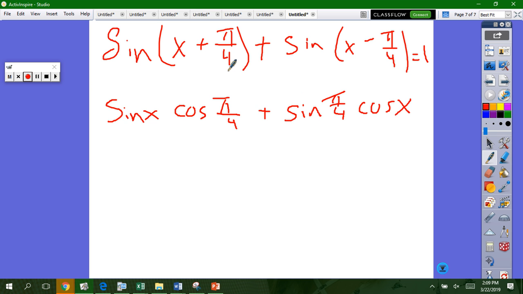That right there, ladies and gentlemen, is just this, isn't it? Now I'm going to add the next one, but I actually have to go below because I don't have enough room. Okay, with me? So I add, here we go. I get sine of x cosine of pi fourths. But because this is a minus, minus